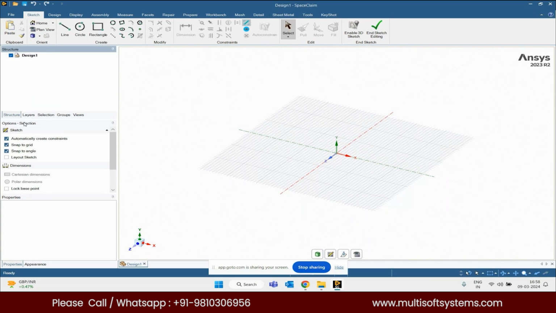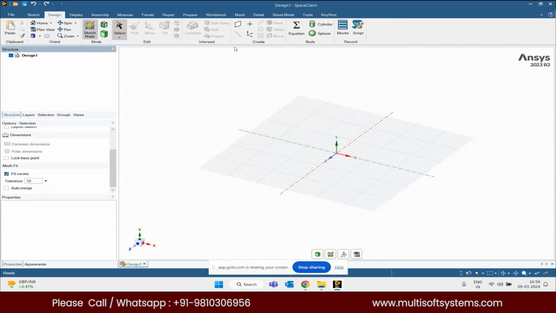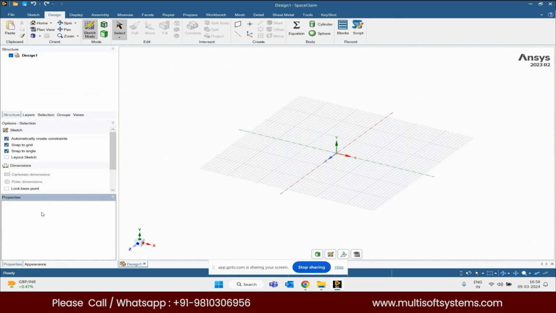Besides that, there is an options tab called selections, and whatever entities or operations we are selecting, few details related to that will be placed under this options tab, and those options will be seen here. And under this options tab, there is a property tab shown. Property tab is very rarely used. Few property details will be shown here, highlighted here. Then we have at the bottom the status bar,